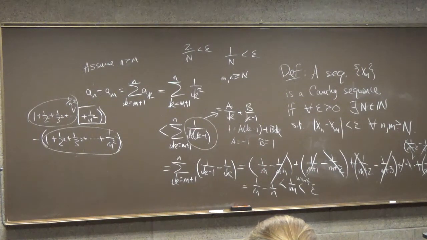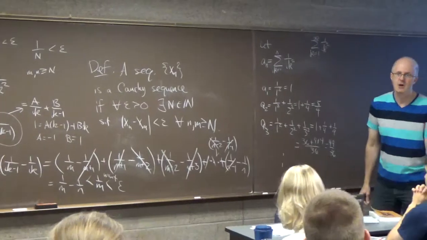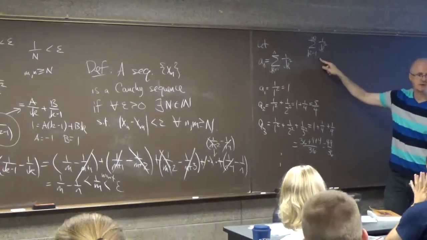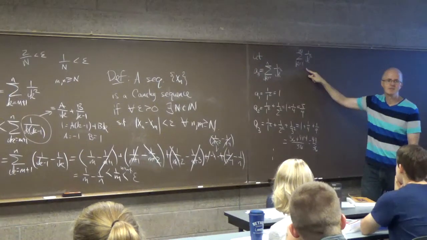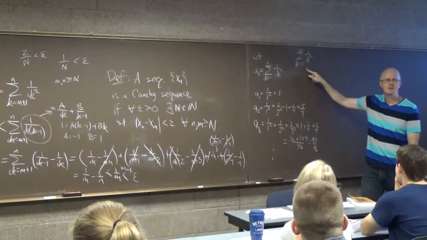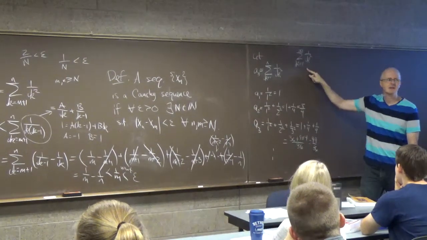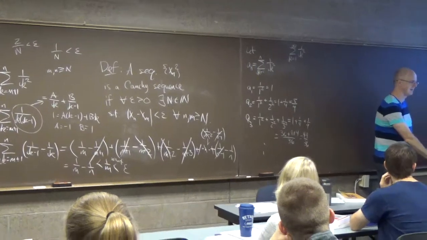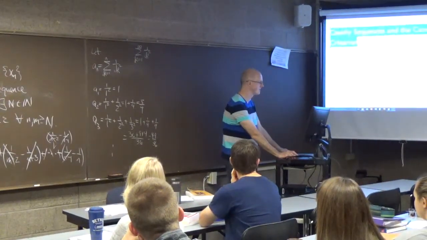Anyway, this would end up proving that this sequence is a Cauchy sequence, and therefore by the Cauchy convergence criterion, it converges, which means this infinite sum converges. It doesn't tell you what it converges to, though. Did I show you what it converges to? I already forgot. It was either this class or my Calc 2 class. What does it converge to?